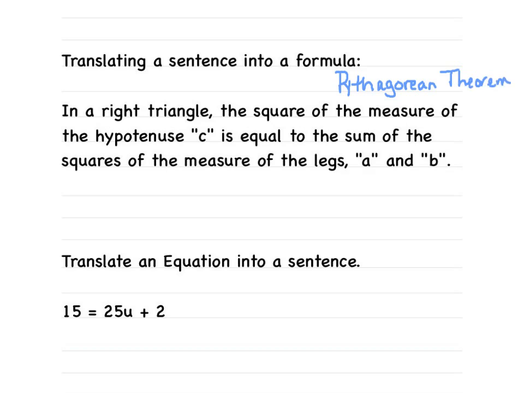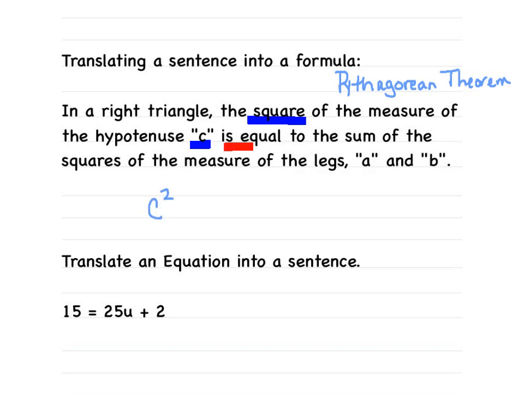So let's go ahead and translate this sentence into a formula. It says, in a right triangle, the square of the measure of the hypotenuse C. Well, how would I write the square of C? Simply C squared,